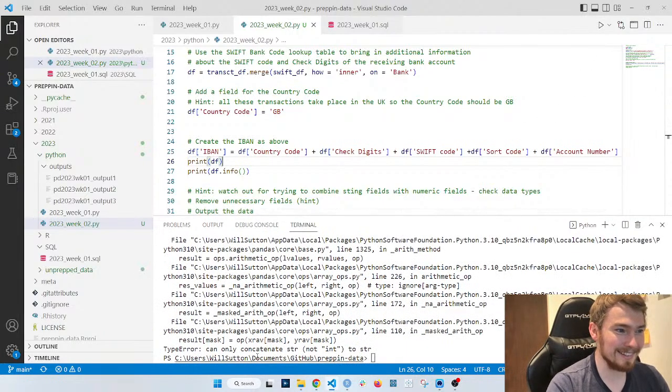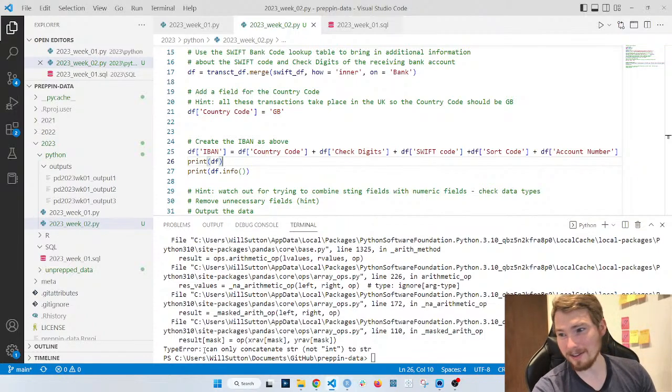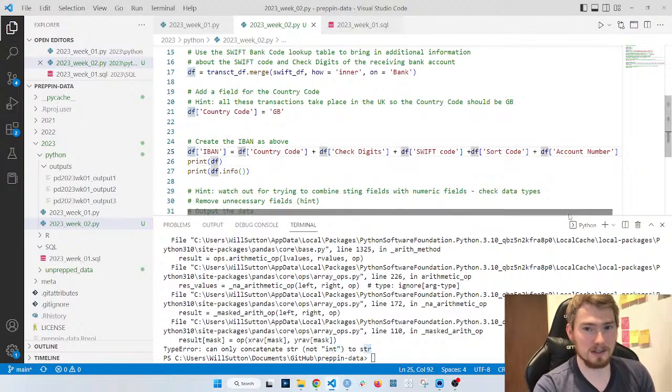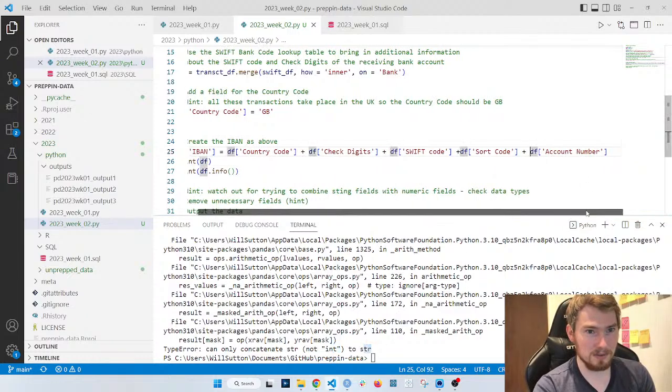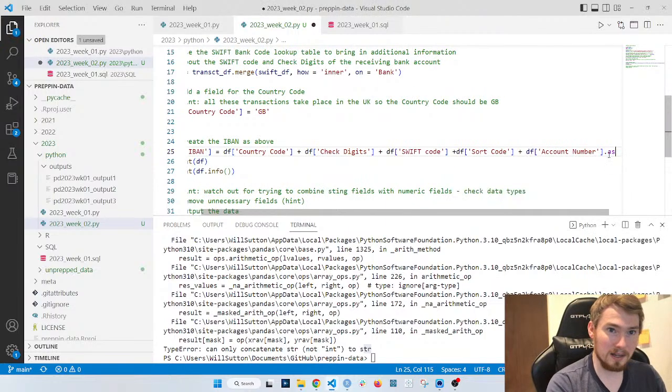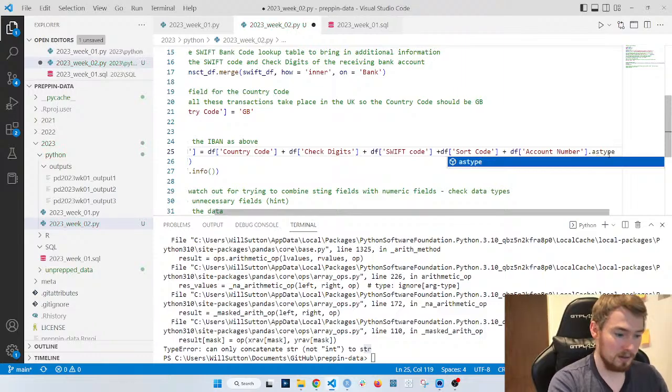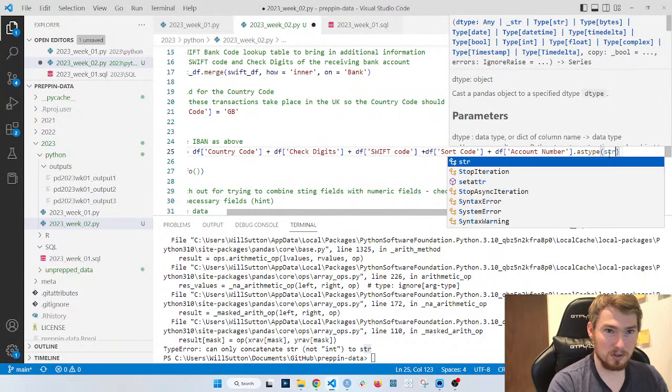Yeah, so you can see the type error going on here at the bottom. Can only concatenate, as in paste together, string, not integer, to string. So I need to change the type of this value, which I can do using astype and then calling it string.